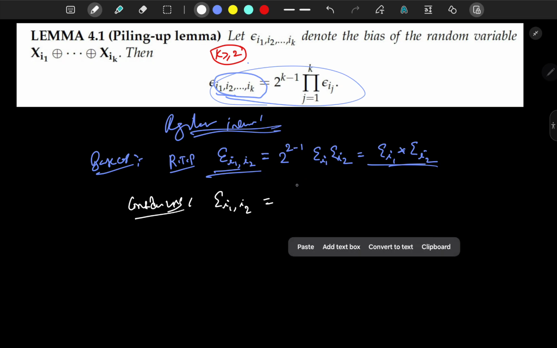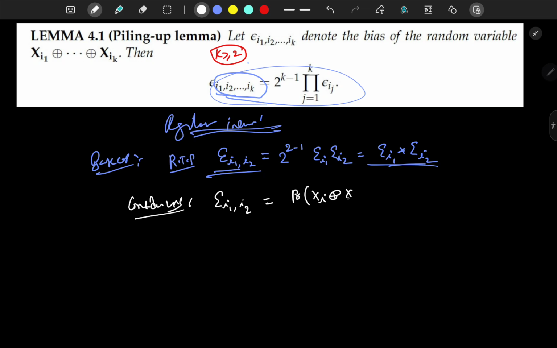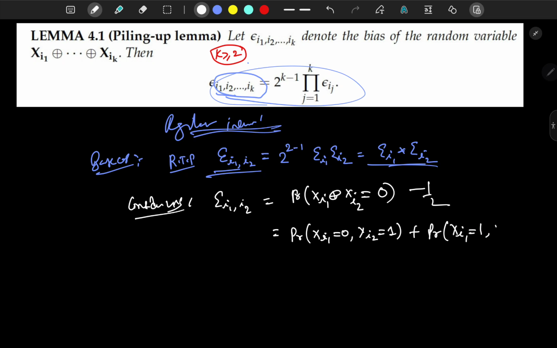So this can be written as the probability that xi-i bar xi-j bar equals 0, minus 1 by 2, for i1 i2. Again this can be written as the probability that xi i1 equals 0 comma xi i2 equals 1, plus the probability that xi i1 equals 1 comma xi i2 equals 0, minus 1 by 2. Again this can be written as half into pi1 into 1 minus pi2 plus